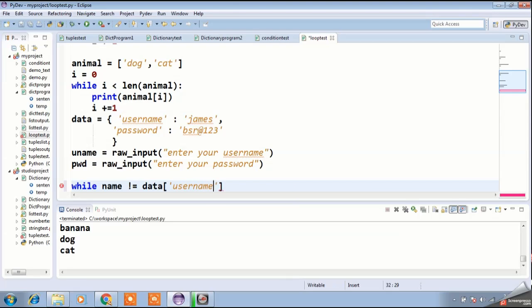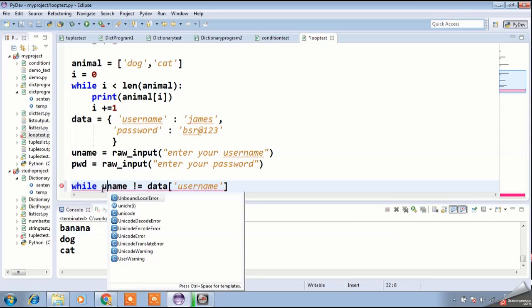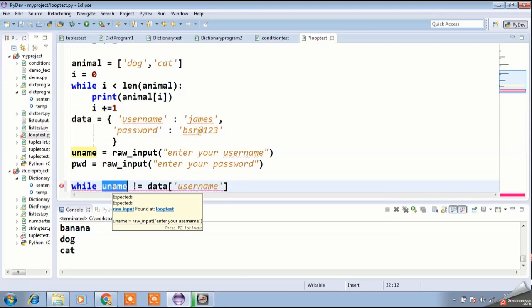So suppose he entered something, Rohan, and Rohan is not equal to the data at that key, the value will be James. Okay. So Rohan is not equal to James. Condition is true,